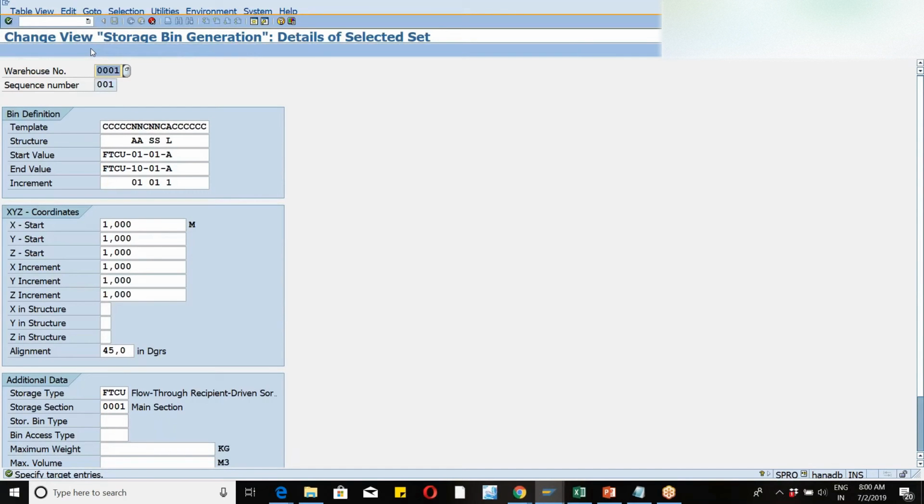So now I'll be creating the storage bin structure. When we are trying to define a storage bin structure here,